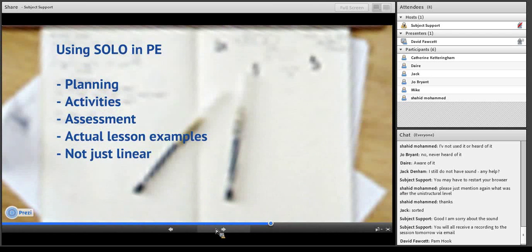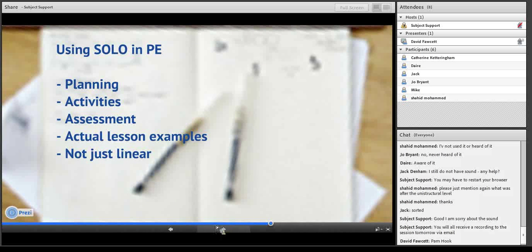I'll show you what I mean by assessment. I've talked a lot about how teachers can set up success criteria to assess on lessons. I've talked about feedback, peer assessment and assessment for learning, and I'll show you how it will work in a lesson using some of the tools which SOLO Taxonomy offers. I'll show you some actual examples which I think Lee has got in a Dropbox ready to show you,